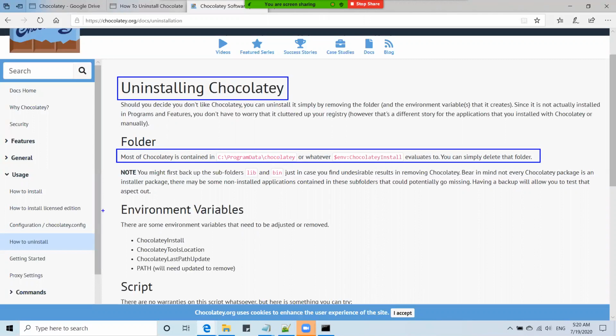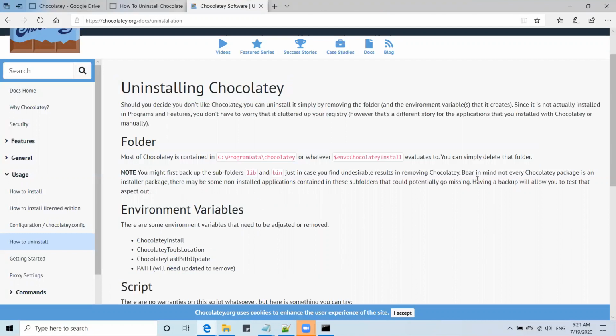And another thing you need to do is go to environment variables. You will find some options: ChocolateyInstall, ChocolateyToolsLocation, ChocolateyLastPathUpdate, and some path entries. If you remove these folders and these environment variables, you are done. Okay. So we'll see that now.